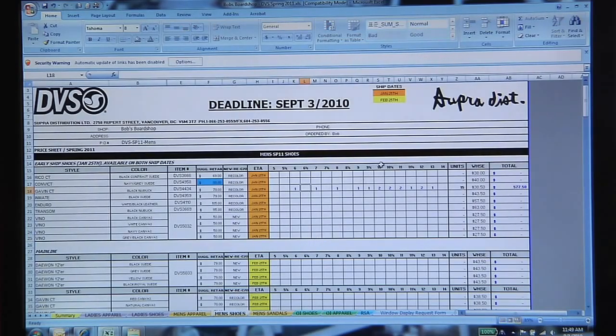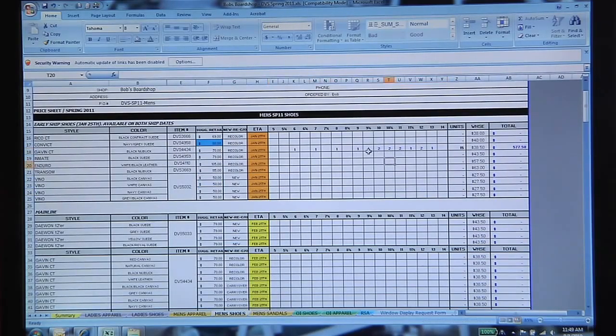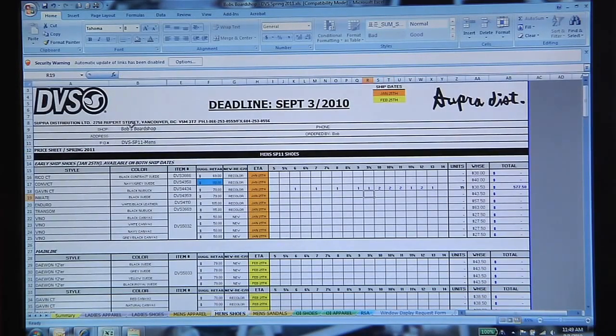Before you move it, make sure that everything's been filled in correctly. He's ordered what he wants. He's ordered all the units that he wants. Make sure that he hasn't put in a 10 here instead of a 1 or something like that. Make sure the shop is filled out, and if there is a PO, make sure that is on the actual order form. If everything checks out, then you're going to move it to your tab,